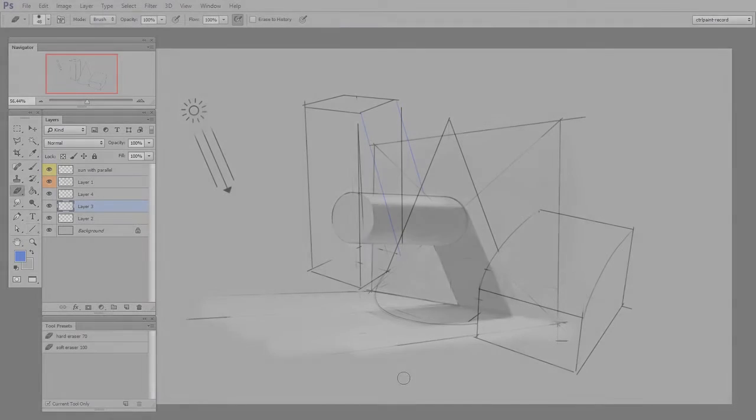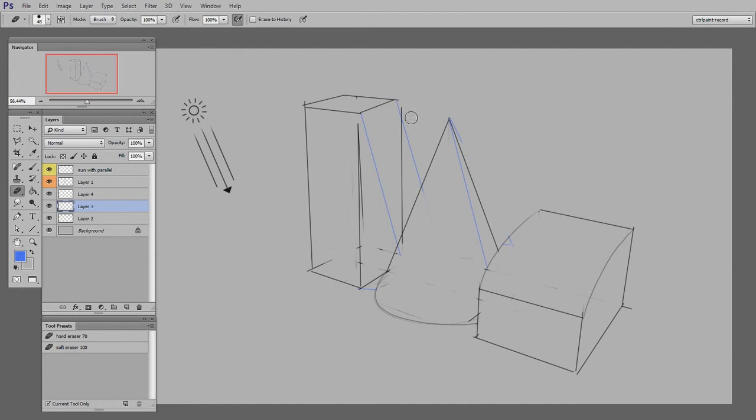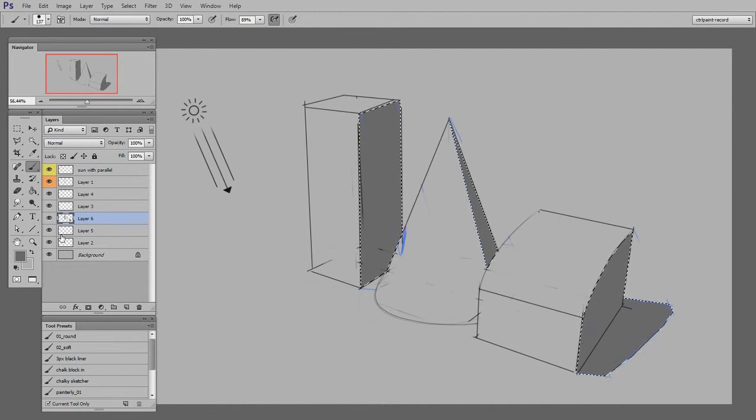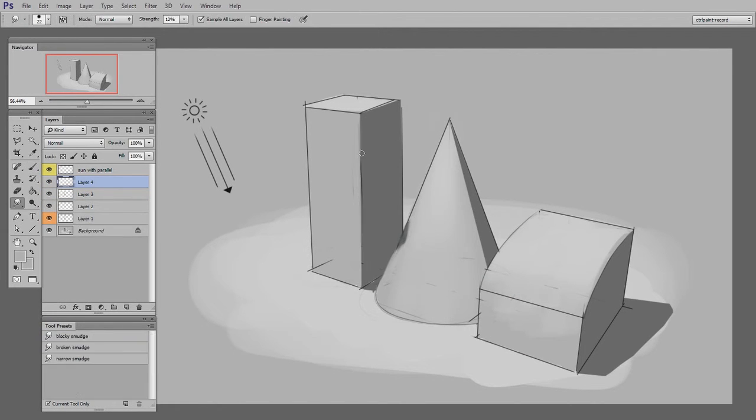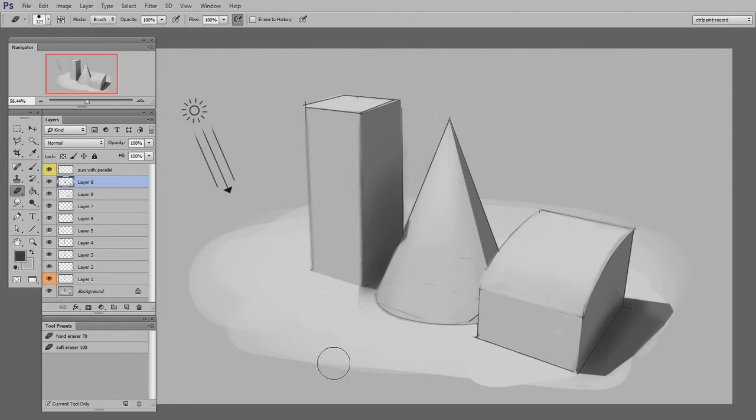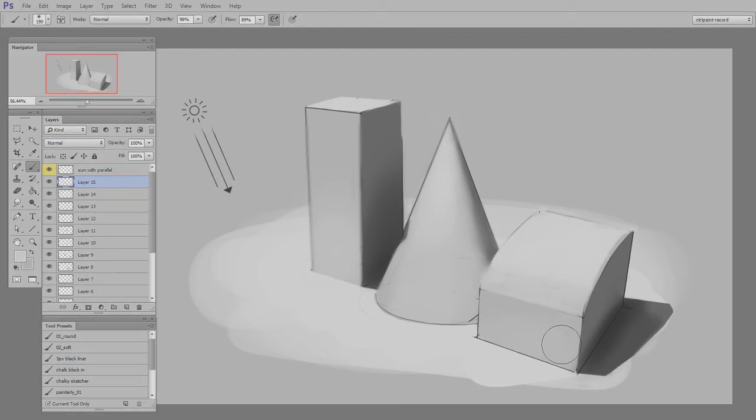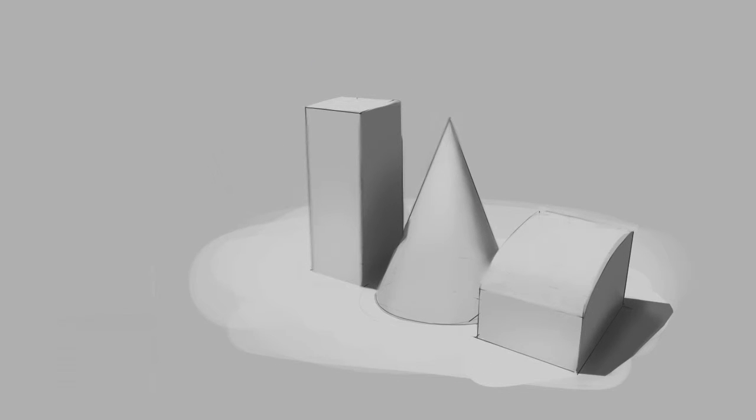And this one is exactly the same. I'll start with casting my shadows, and then once I've got my shadow shapes figured out, I'll lay in some flat tones, put in a brighter tone for the faces that are most tangent to the light source. In this case, it's the ground plane and the tops of the objects. And then I polish it out. So hopefully you can see here that this just takes practice. You're training your brain to recognize certain forms. You're understanding what a cylinder does. You're understanding what a cone does, which will allow you to mentally combine them together and just help you simplify